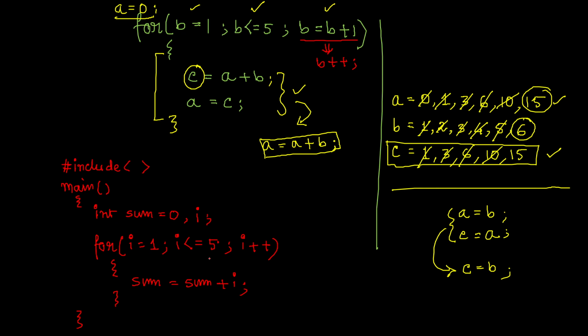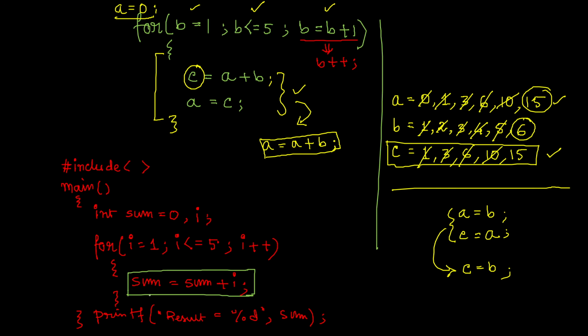Okay, so now if you write the print statement, obviously printf, say "result is %d", you can write in this way where you will have the result in the sum variable. So you can have a program something like this. You see, understanding the statements that I have written over here, that sum equal to sum plus I, is much more clear than the program a equal to a plus b.